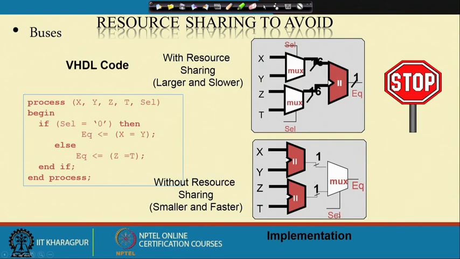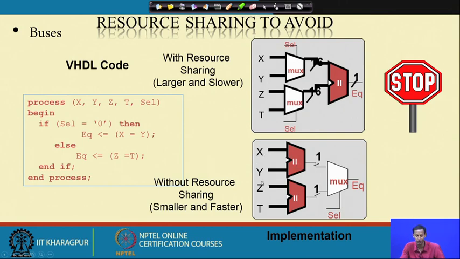If select equals 0, it will select this particular line. If select equals 1, it will select this other line. So here what do I need? If I consider this bus, at that time what is happening? I am requiring one 16 bit